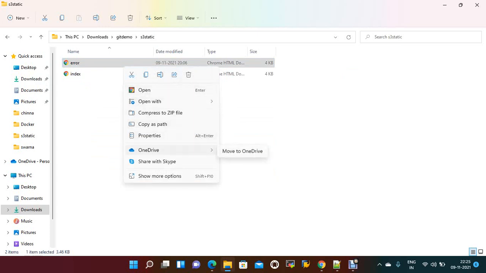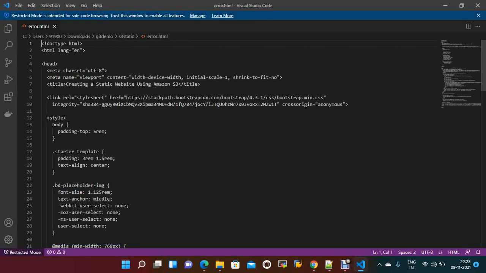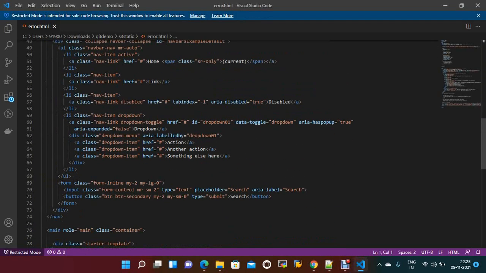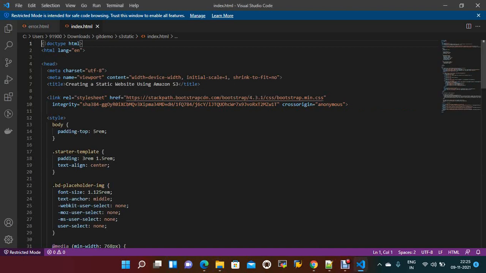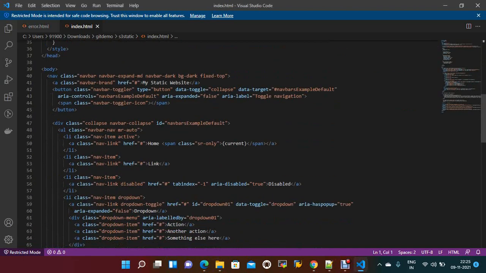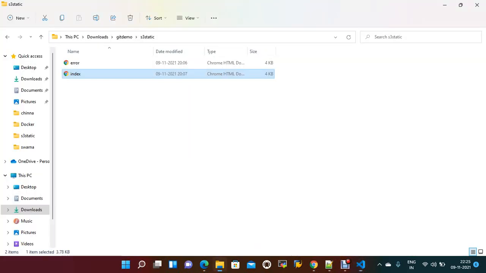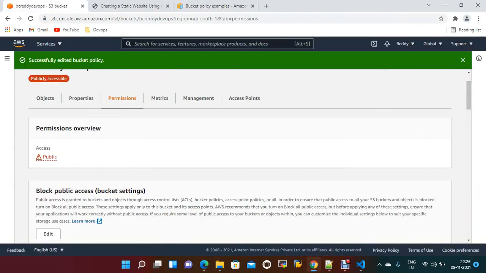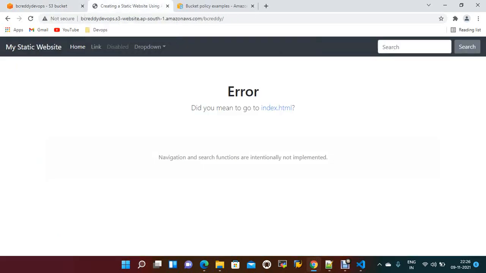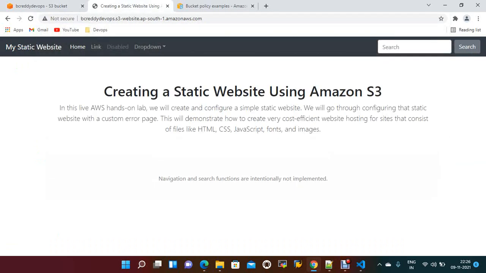Okay, this is some sample code which we have written, and the index one, index.html, is the home page. Okay, by default it should be created in this way. Okay, like this you can host a website on S3. Okay, if you don't provide any extension after the URL, you get the home page.